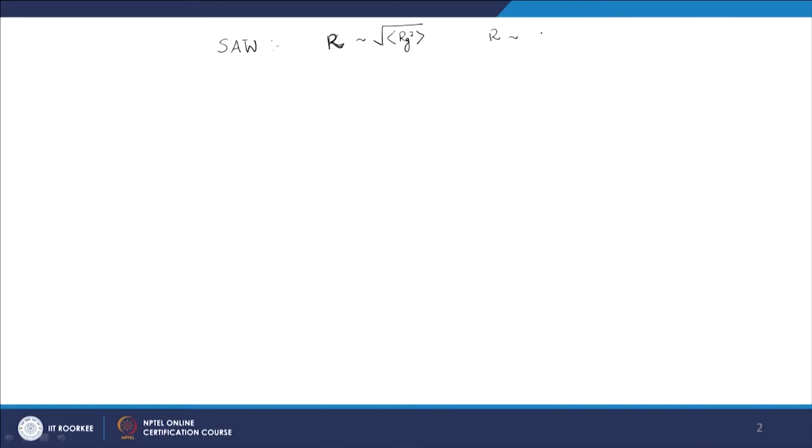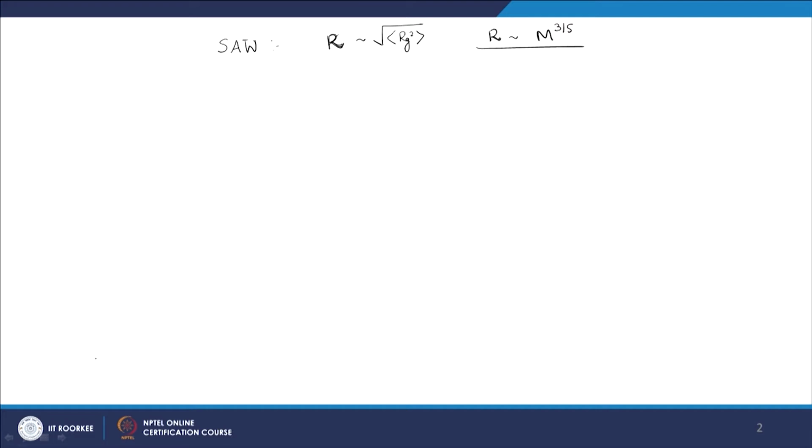So in the last class, we discussed the Flory theory for good solvent, and we were able to derive the scaling law for the self-avoiding walk. That is essentially R, which we can think of as the square root of the ensemble average of the mean square gyration radius. We are doing a scaling theory in this case. So, this R scales like m to the power 3 by 5,